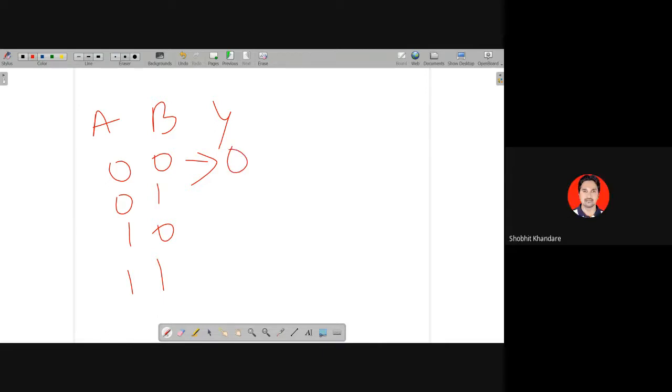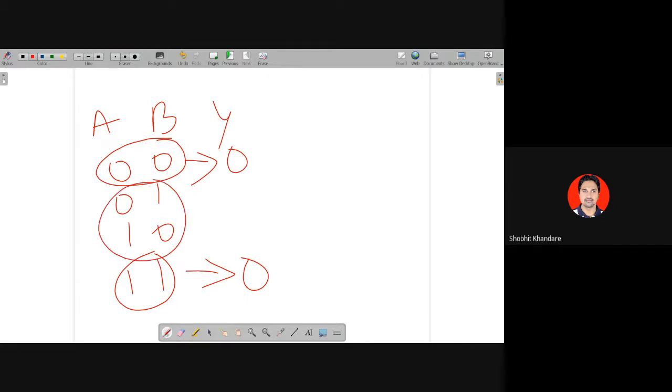Yes, it's 0. Why did the others say 1? I don't understand. How come 1? Yes, sir, it is 0. If same, it will be 0, and if different, it will be 1. Say it again: if same it will be 0, and if different it will be 1. Yes, that is how you keep the XOR operation in your mind. So for both cases, now it is right.